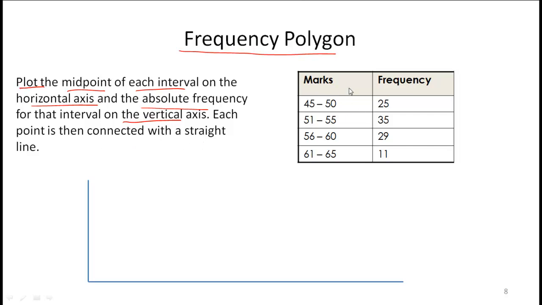So the first thing we do is let's just come up with the midpoints. So the first midpoint for this interval is 47.5, and then the midpoint here is 53. The midpoint here is 58, and the midpoint here is 63. So on the x-axis we can plot the midpoints, which are